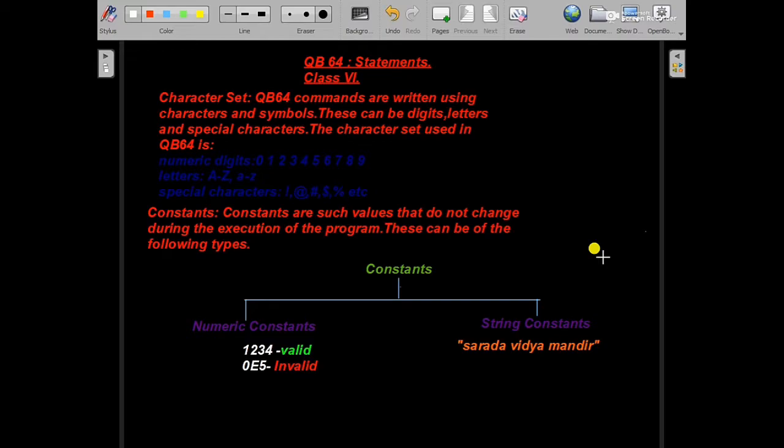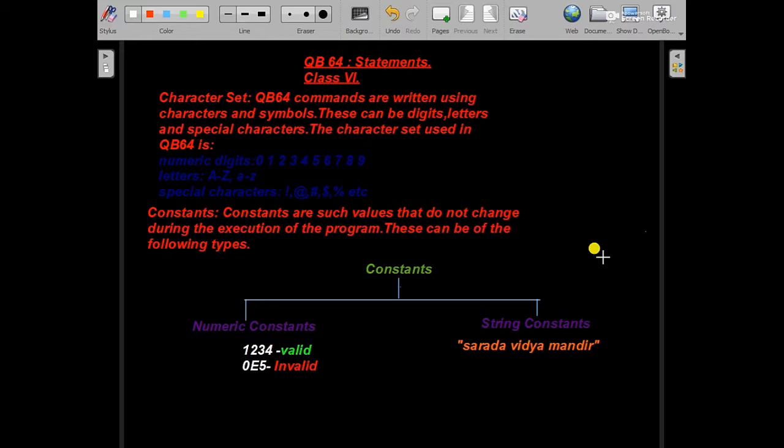Generally, QB64 is an IDE. IDE means Integrated Development Environment. An integrated development environment is a software application that provides comprehensive facilities to computer programmers for software development.